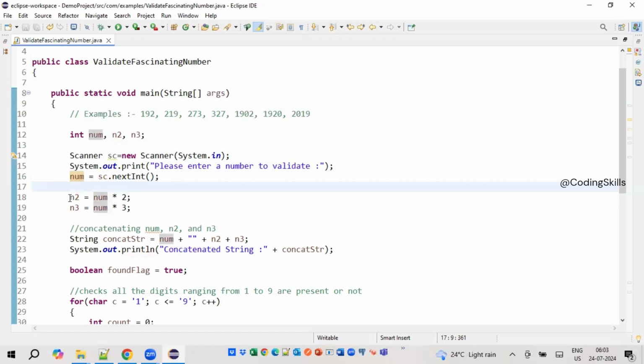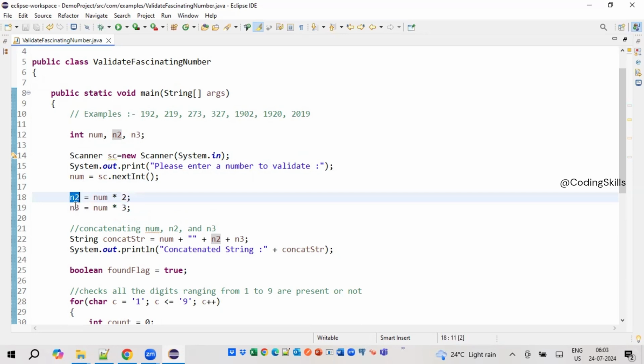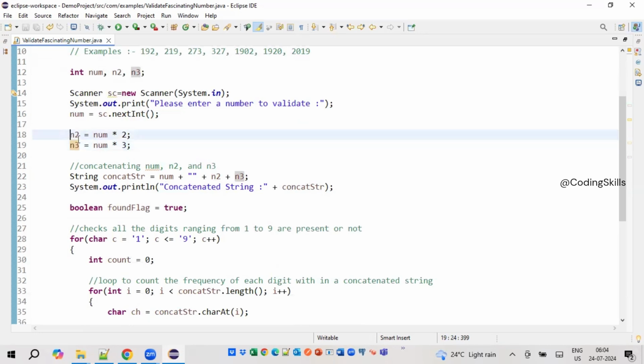Here we perform the multiplication by 2 and store it in the n2 variable. In the same way, we perform the multiplication by 3 and store it in n3. We are calculating n2 and n3, and that's the reason I have used the naming convention n2 and n3, for easy reference. Once we have the computed values ready, we are concatenating. There is a string variable, concat string, which is num